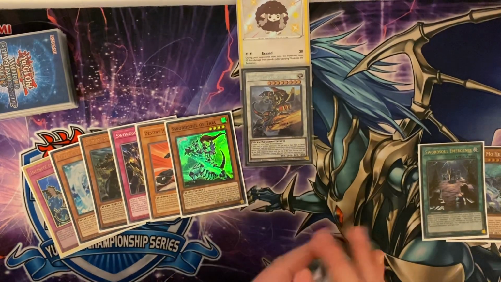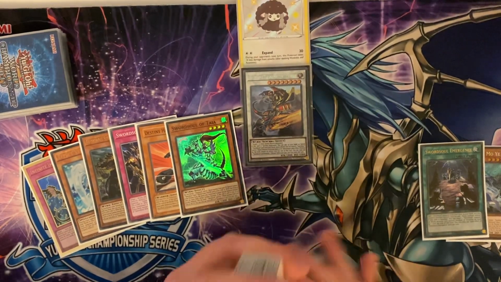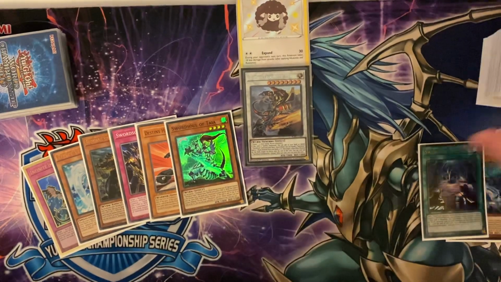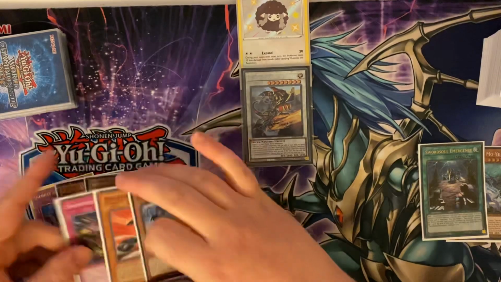So we could just play it really safe, since we know they don't have Droll and stuff as well. So we know what they do and don't have, and we're going to want to think about it. What I'm inclined to do here is, rather than play the Longyan, just set 2